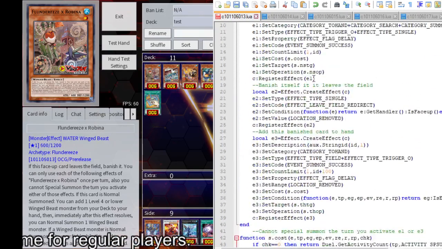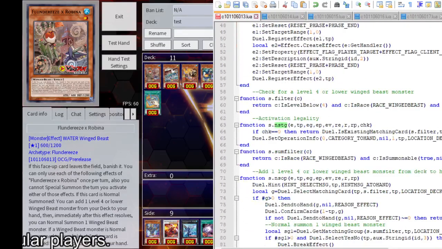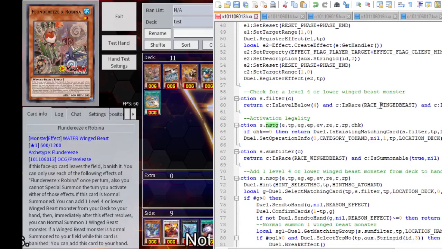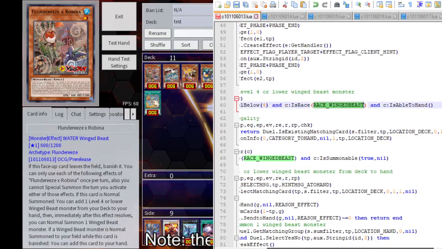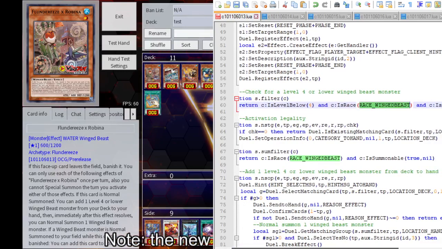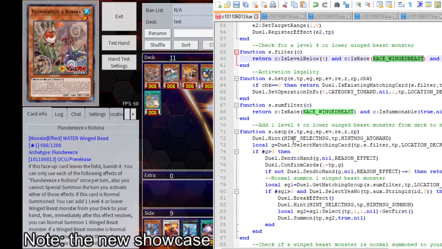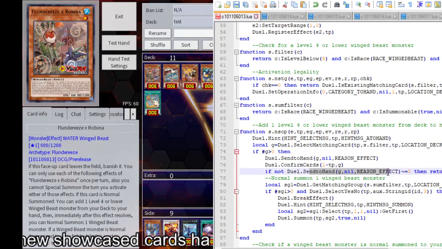And then the search, and STG. Is this matching card, filter location deck, level below 4, winged beast, is able to hand, operation info to hand, and then the operation. You select, send it to the hand. If not,